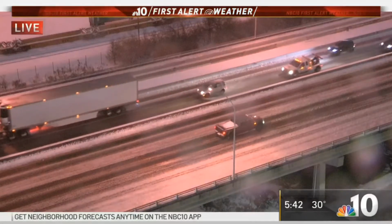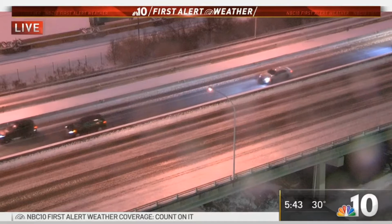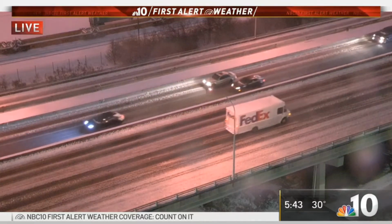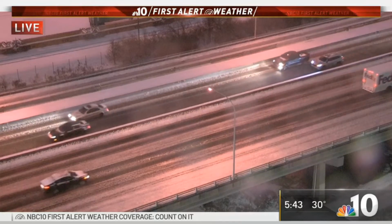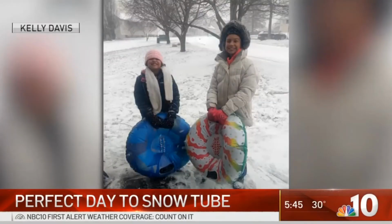As we continue our live storm coverage, we showed you the Schuylkill. It was really backed up earlier. This is I-95 in South Philly. It's moving along pretty well, but as you can see there, the snow is accumulating on the roads, and they're taking it slow, which is smart at this point. For more now from our First Alert coverage of tonight's winter storm, on days like this, well, you're missing out